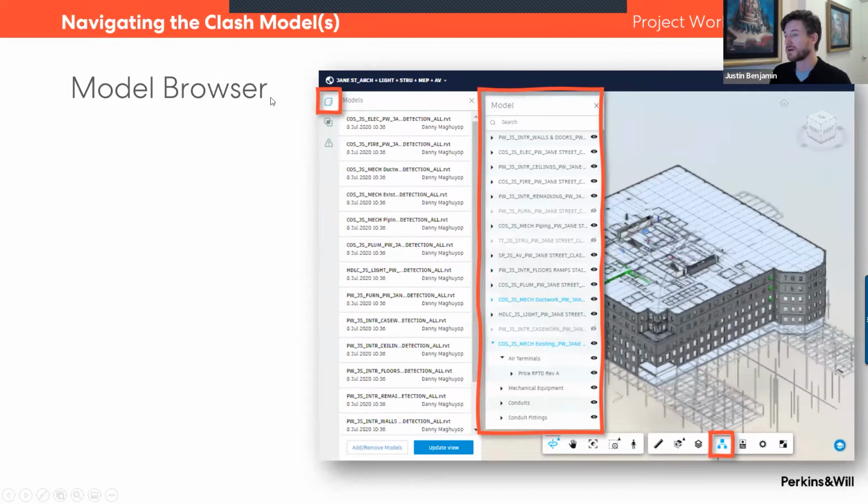Then there's the model browser. So still again, I'm under models. I can click on this, essentially what looks like a mind map of sorts here. Once you click on this, you'll see all the models listed here. And of course, you can expand each one of them. You can turn on and off certain models if you'd like. You can also, of course, expand them and turn off certain categories to those models. So again, whatever it takes to see exactly what you want to see and not be, say,